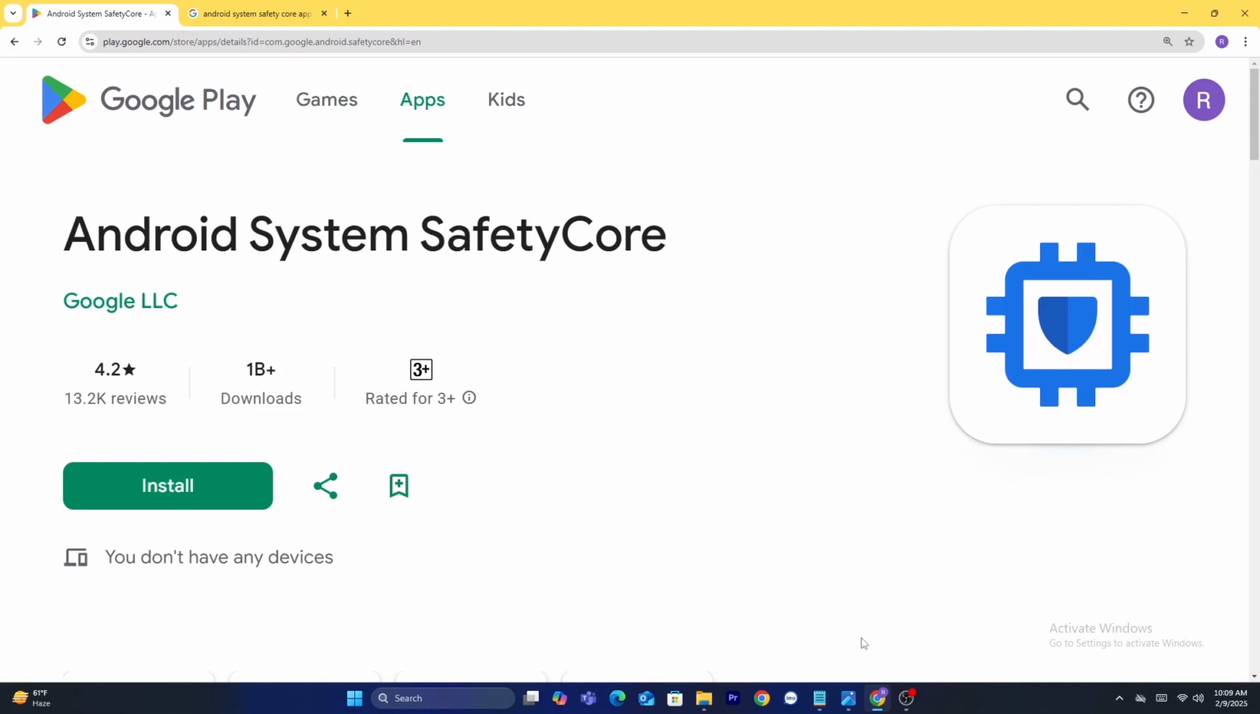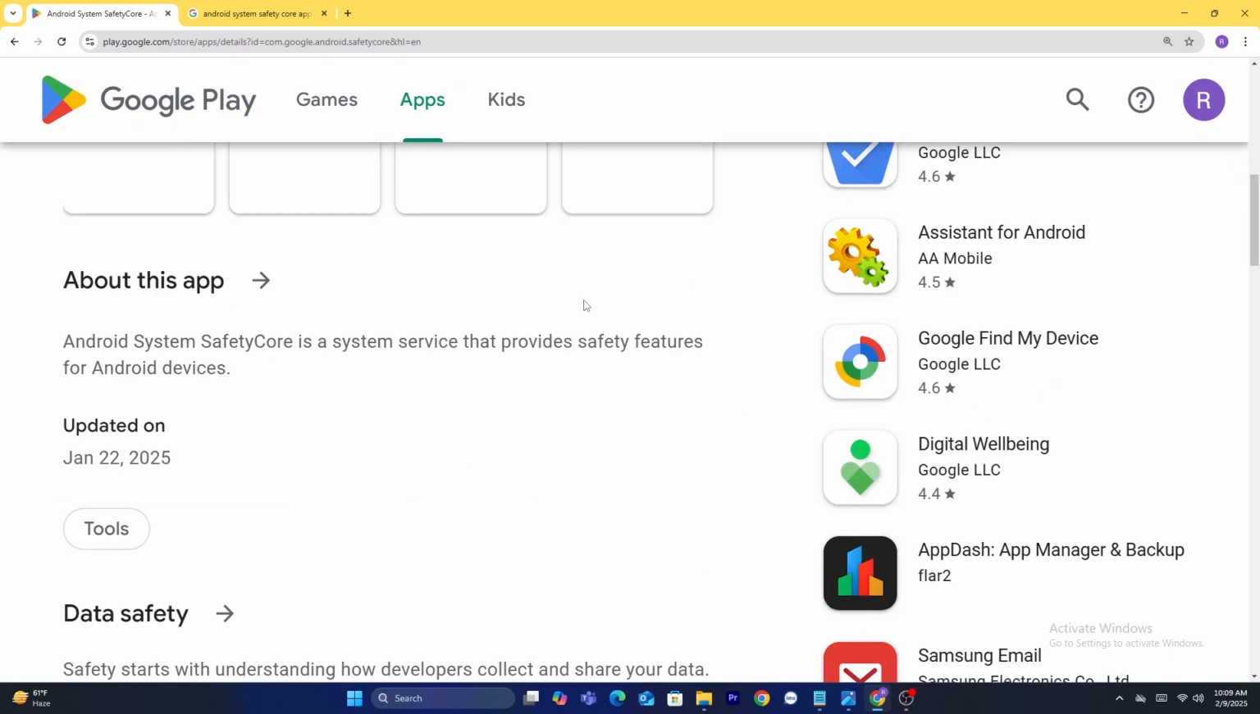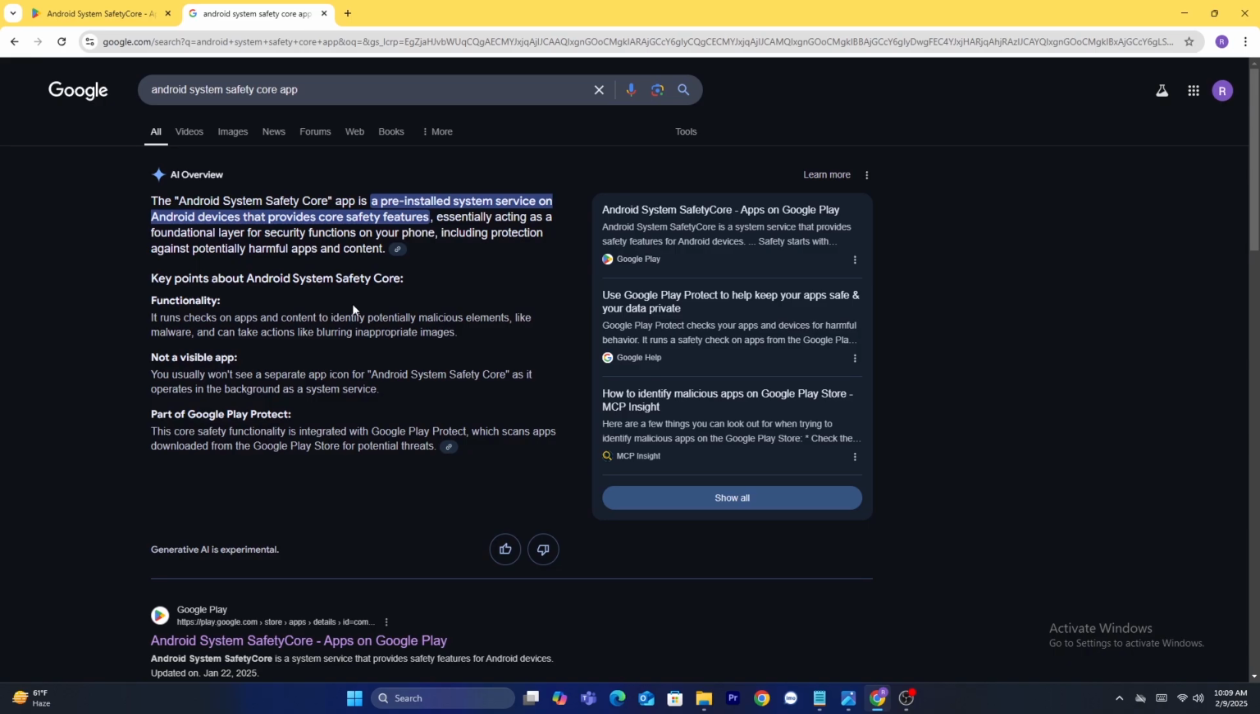Let's see. What is Android System SafetyCore? Android System SafetyCore is a system service that provides safety features for Android. Let's see the details. The Android System SafetyCore app is a pre-installed system service on Android devices that provides core